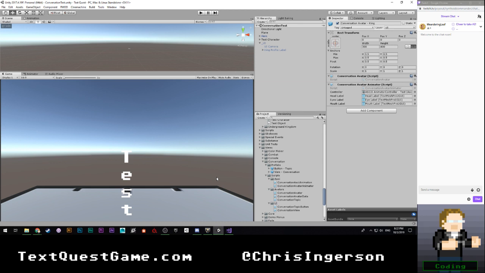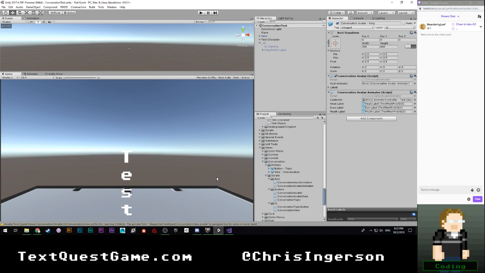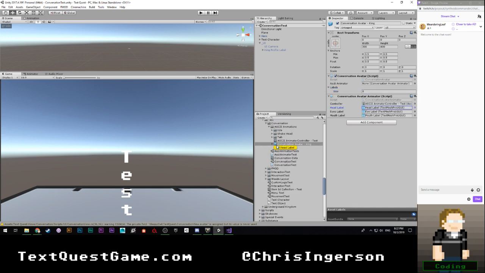So I think the next step is getting our avatar controller, or I'm sorry, our conversation avatar, to actually spawn in the conversation view and have it talk when the avatar is set to be speaking and have it idle otherwise.